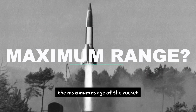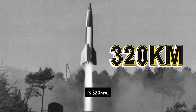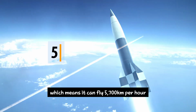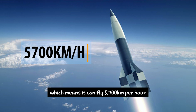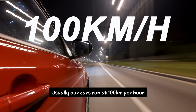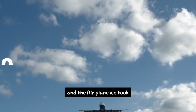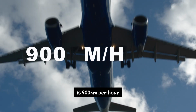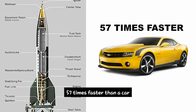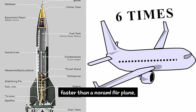First of all, the maximum range of the rocket is 320 kilometers. And the maximum speed of the V2 rocket is Mach 5, which means it can fly 5,007 kilometers per hour. Usually our cars run at 100 kilometers per hour on highways, and the airplane we took is 900 kilometers per hour. But this V2 rocket is 57 times faster than a car and more than 6 times faster than a